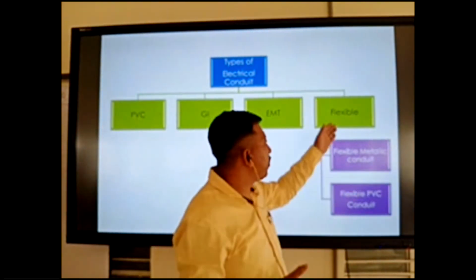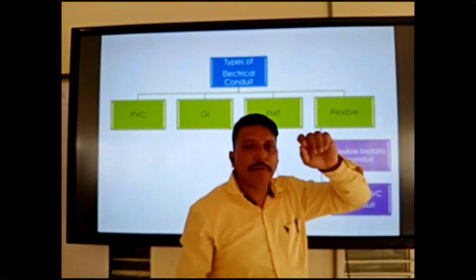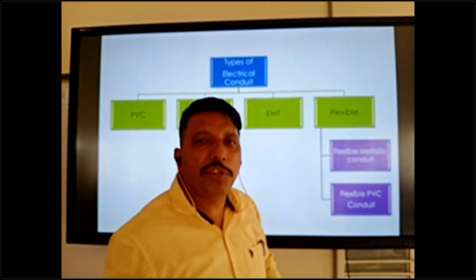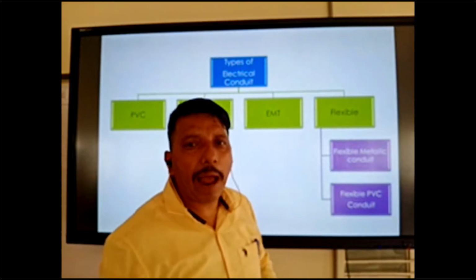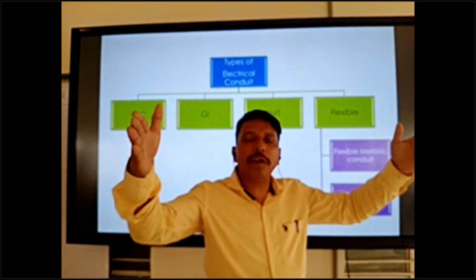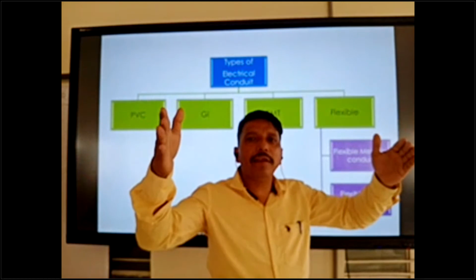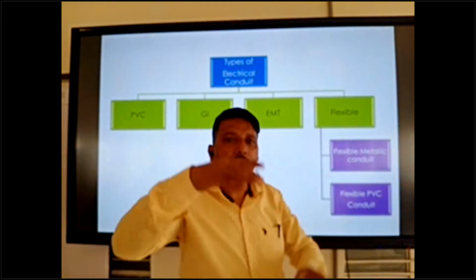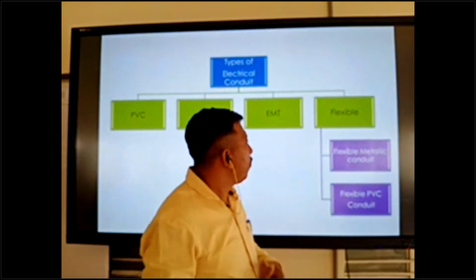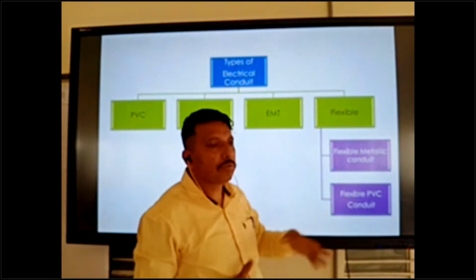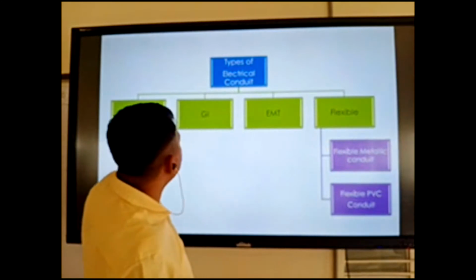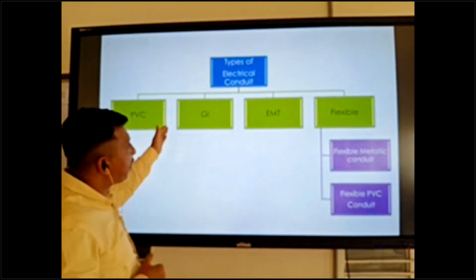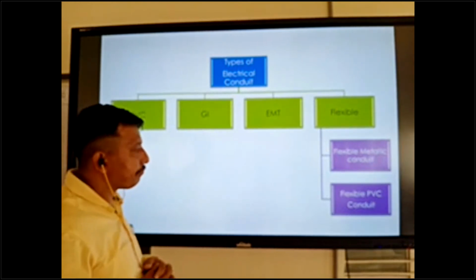flexible pipe, especially where motors have vibration coming. In that case, from the DB direct, for the long distance we use GI pipe or EMT pipe. Then only for the last short 1.5 to 2 meters, we can use flexible pipe for the vibration purpose. This is available in 20 and 25 mm, and maximum use is 20 and 25.